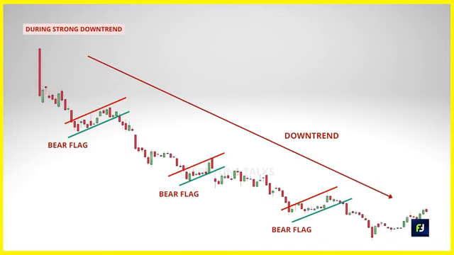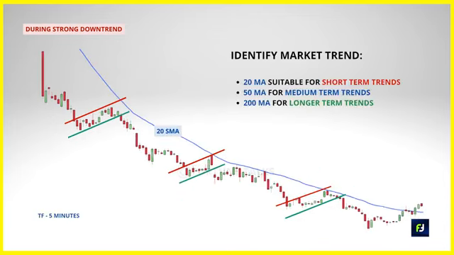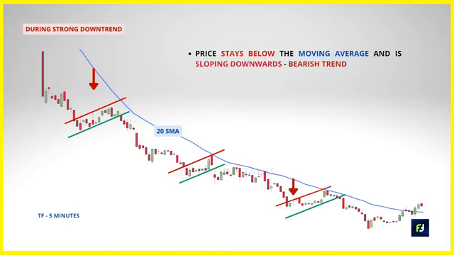As we have discussed earlier, we can identify the market trend using moving averages. Now the selection of moving averages will depend upon the trade duration or your trading style. For example, the 20 moving average is good enough to determine the short-term trend. The 50 moving average is suitable to identify the medium-term trend, and the 200 moving average can gauge the long-term market trend. But the most important thing is to make sure that the price stays below the moving average and